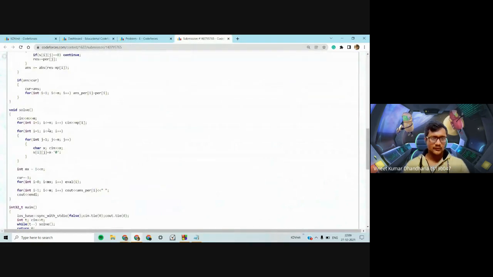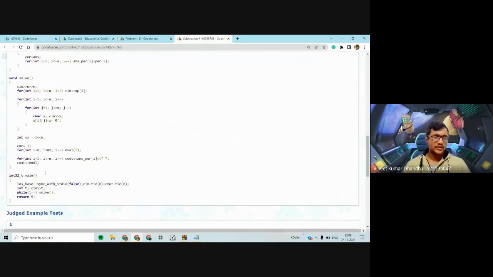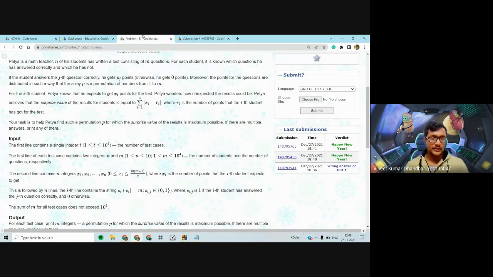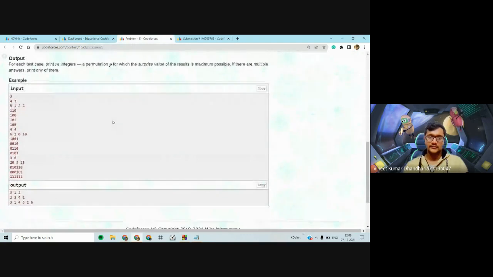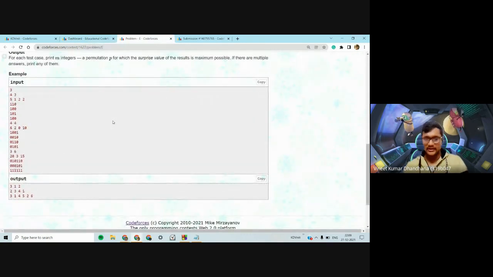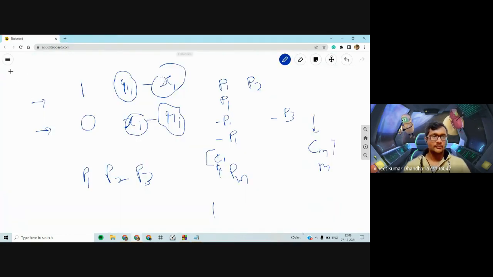So what we do is we take in the input, and we iterate over all possible bit sets that could be there. Basically, a bit set would represent which person would have more than his expectation and which would have less. So suppose for 3 people, we will have combinations: all get less than their expectation; the first person gets more; the second person gets more than his expectation, and so on.